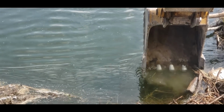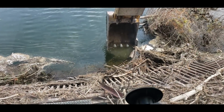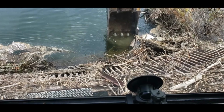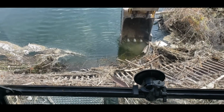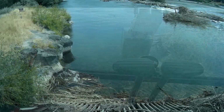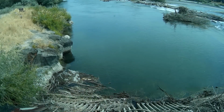So I'm also here, I'm cleaning the grates off into the canal, and I gotta finesse this so I don't damage these grates. So wish me luck. Okay, I don't know if you can see down through that water, but